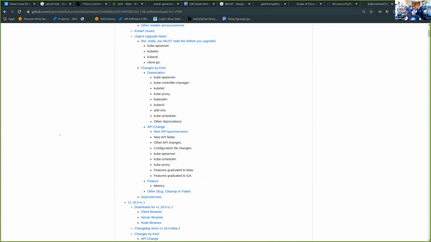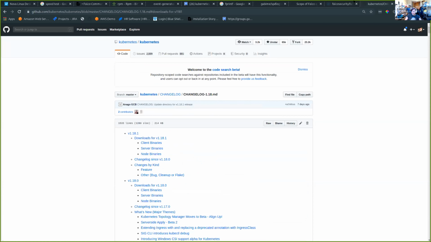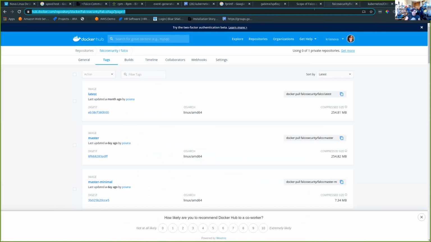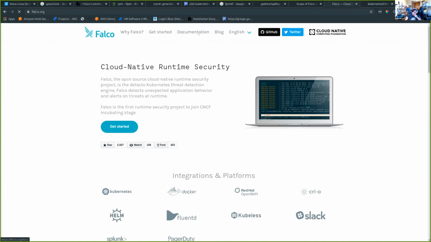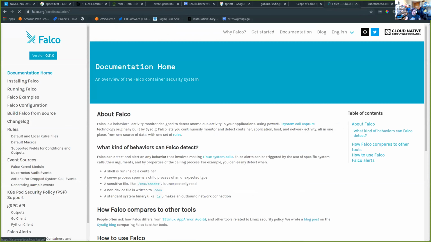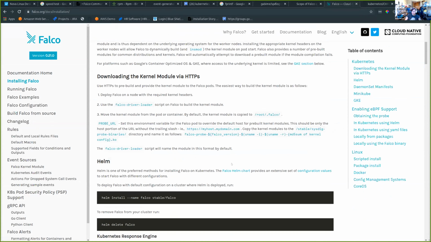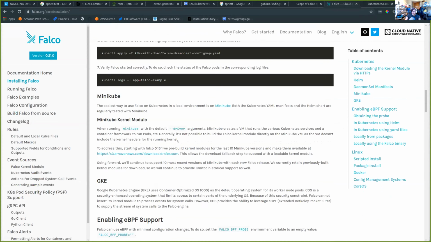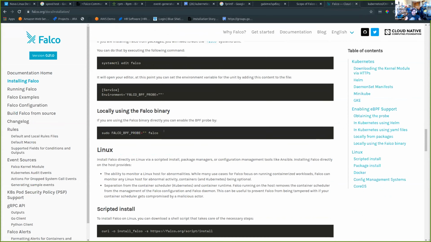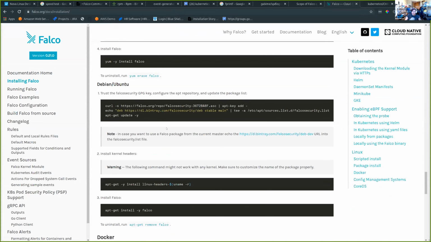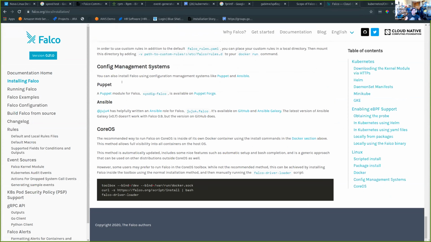So I think by design, when we look at Falco, especially if we look at falco.org, we allude to supporting a lot. If you come to installing Falco, you just look on the right side here, we have GKE, Minikube, daemon set, Helm, kernel module. We can even come down here and here's how to run it on CoreOS. And there's even more that's not over here on the right side. There's also, I think, Chef and Puppet in here as well at the very bottom. But yeah, here's Puppet, here's Ansible.